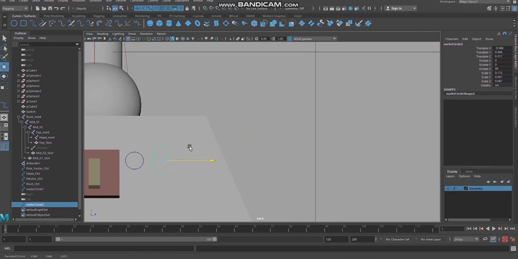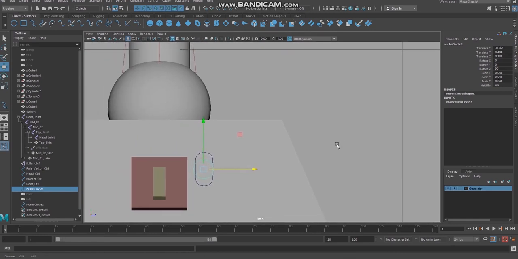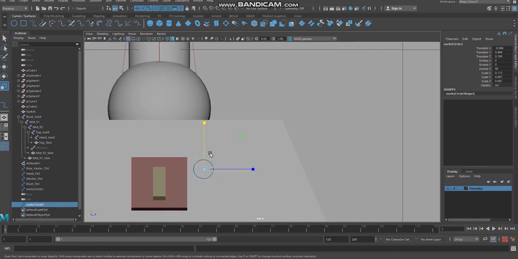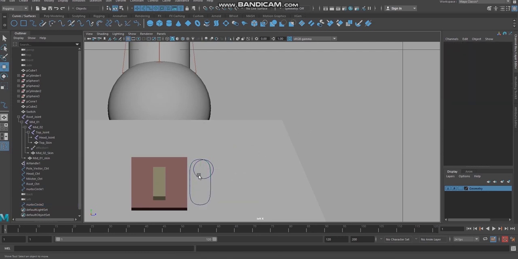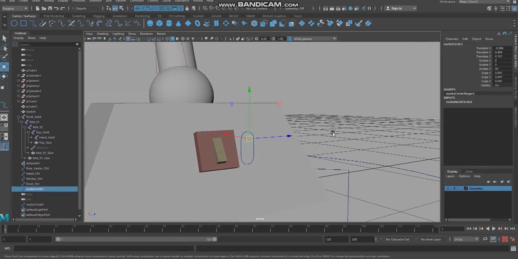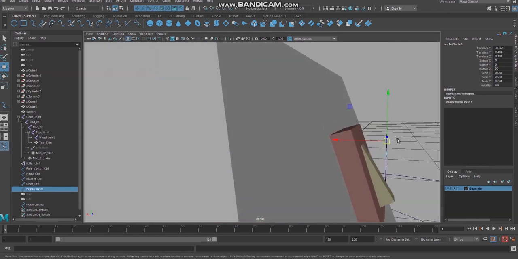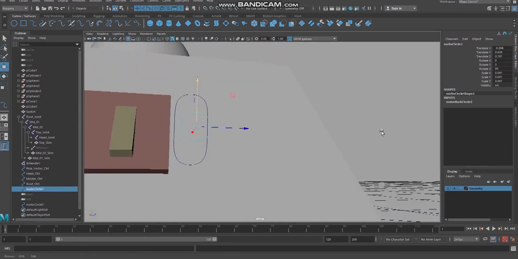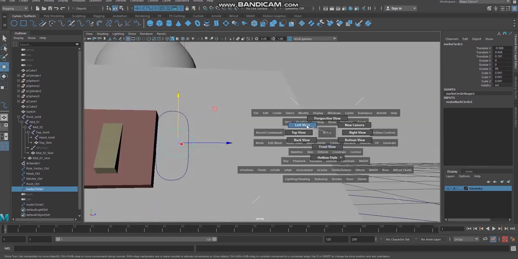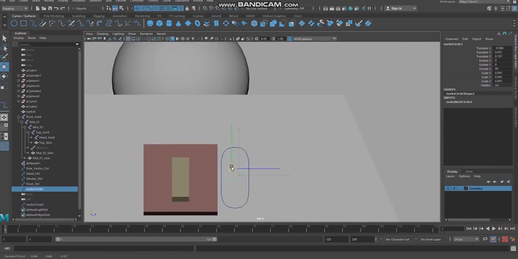Now I'm going to bring it here. Still I want to make this thing little bit bigger and wider, and make it to sit exactly near to the switch. And I'm going to select this on off control. Right, I'm going to bring it down in the left view. I'm going to align it in the top.